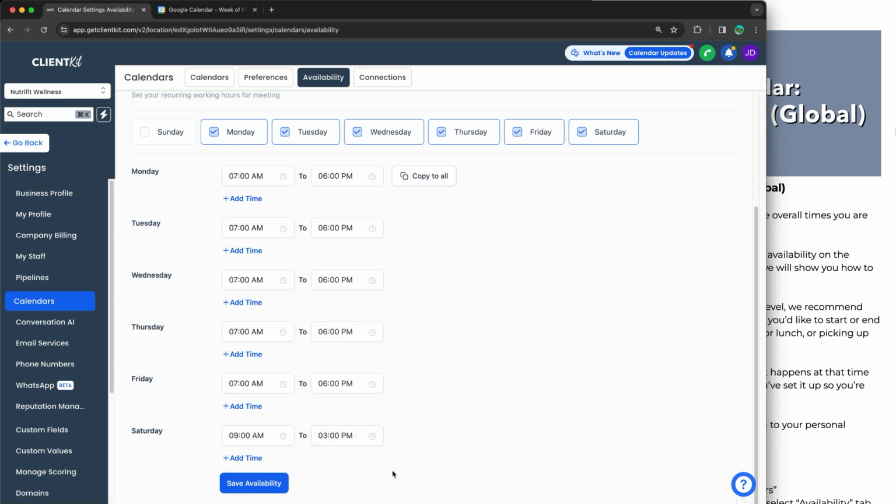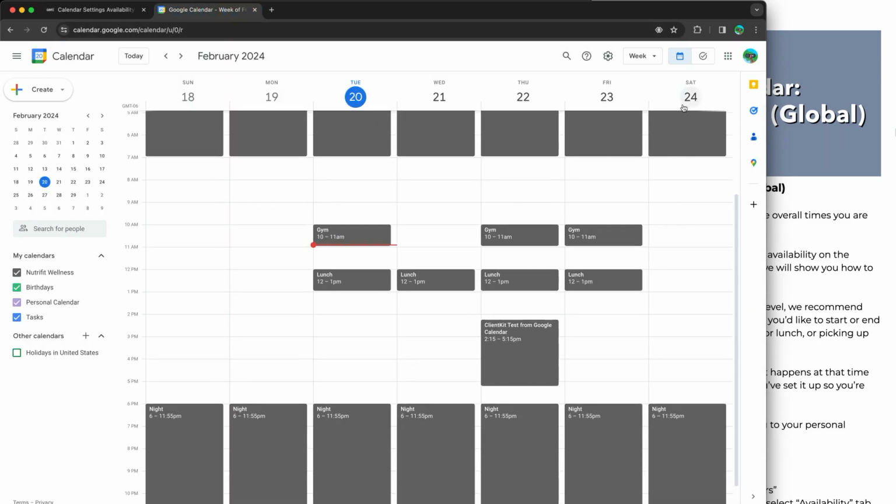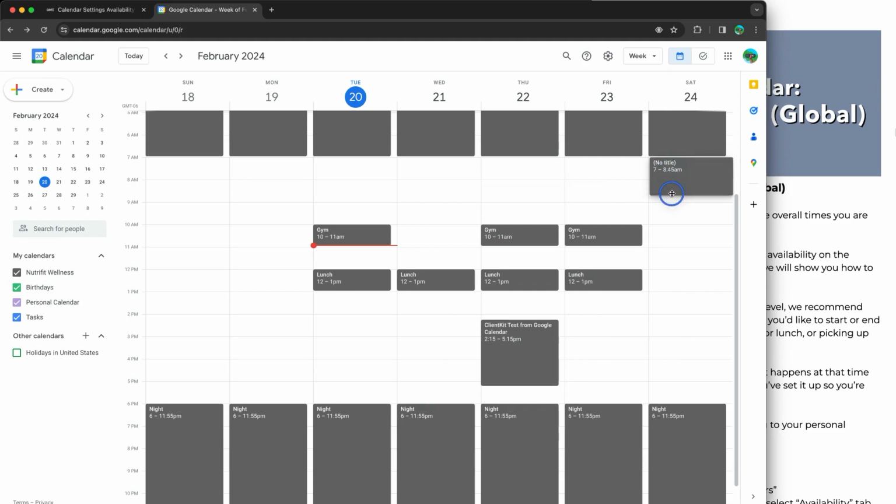Now, we're going to have an entire separate training on this, like I said, for managing availability and the best practices for managing availability. But for right now, what you want to know is that it is best to leave this as wide open as possible. Even if you wanted to leave the Saturday open, you could do that if you really wanted to. That way on the ClientKit side, it's wide open, but then you can always control it over here, right? So let's say, for example, on Saturday, I did not want anybody to be able to book. I could just block this off and say, cool, I'm going to do from, let's say